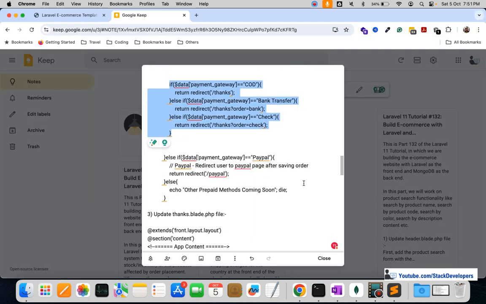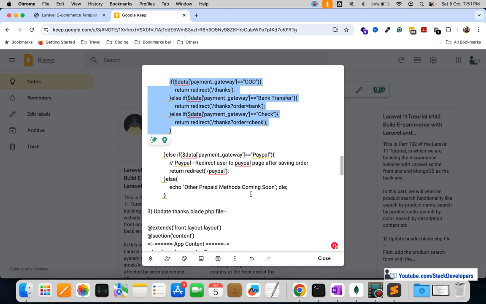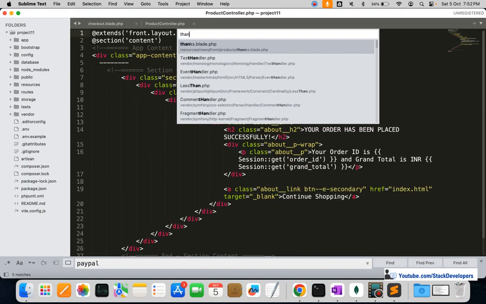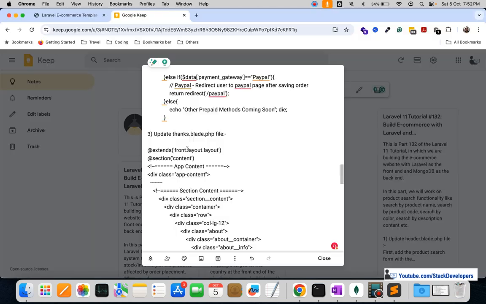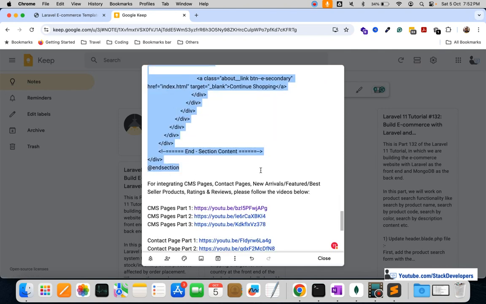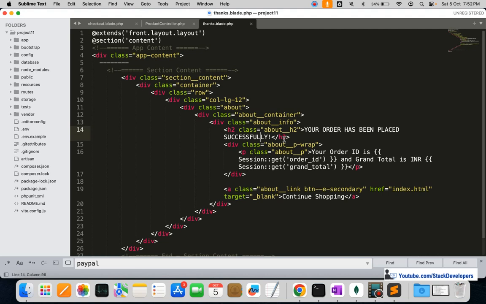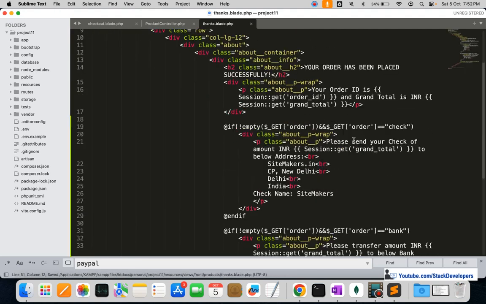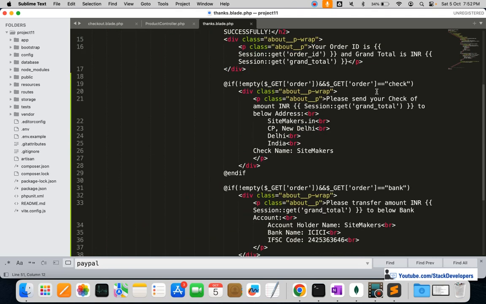Okay, so after this, finally we are going to update the thanks blade file. Here everything else will remain the same, and we are going to update the thanks page file, in which we are going to modify the content. We are going to add two conditions: one is for pay with check, and the other one is for the bank. Here you can see if the order is check,